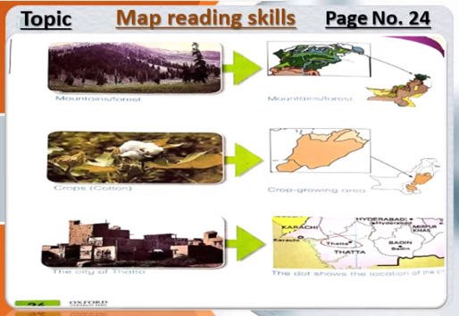Now we will discuss page number 24. We are having some pictures on this page also. First picture is of mountains and forests, which is shown in green color in the map of Pakistan. The next picture is of the crop growing area, the areas where we grow crops like wheat, rice and sugarcane and other crops. It is shown in the picture with orange color.